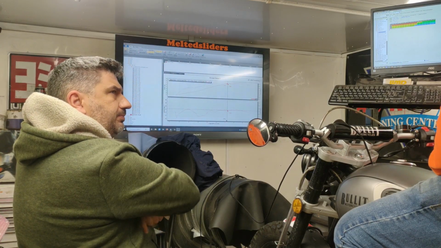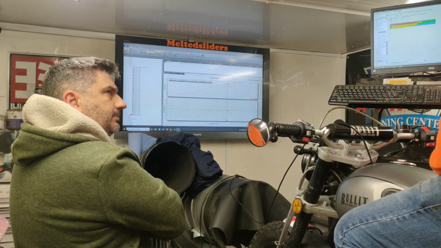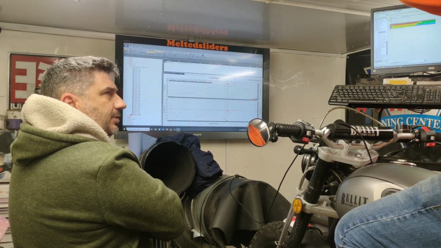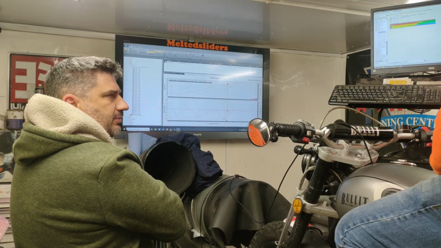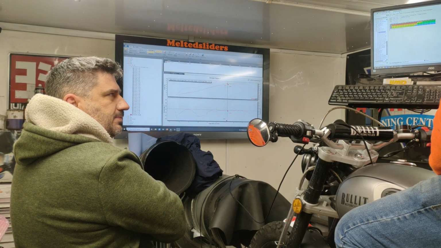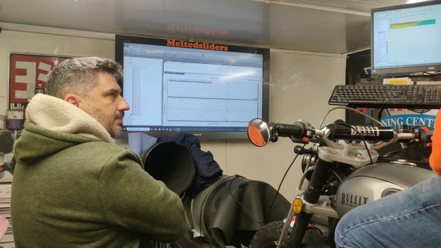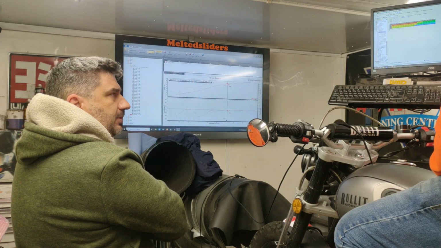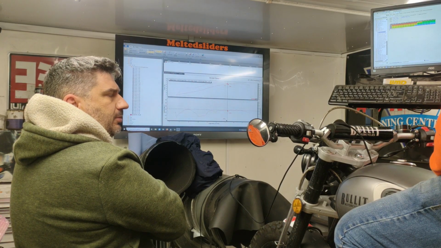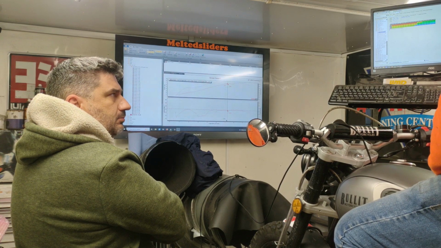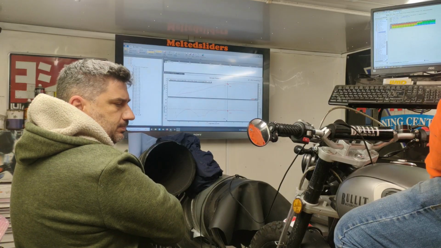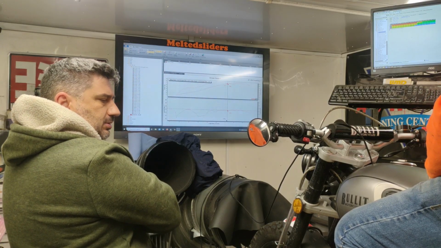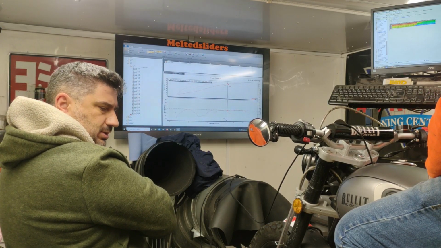But I mean, a 1 horsepower gain, that's what, 15%, isn't it? Even better, because it is 8%. I think it would be 12%. So that's going to be a noticeable difference, isn't it? Oh yeah, definitely. Especially if you're going uphill. And the guy's a big lad as well, so he'll definitely feel the difference. So that's it now. We can go and try it, see what he wants, and then we can probably play with it some more.